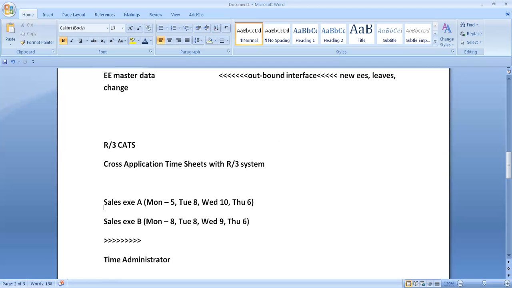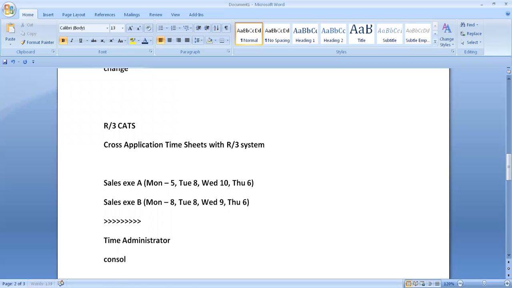All this is consolidated data for sales executives A, B, C, like that he's maintaining. That consolidated data